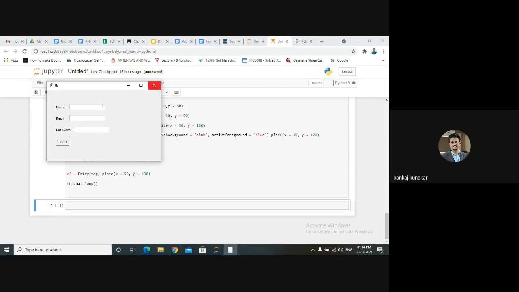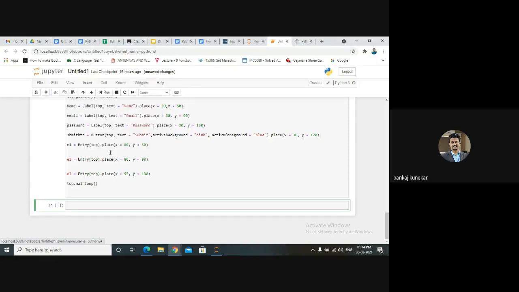This is the entry, we can enter our name also as per our convenience. And this is your label. Name, email and password are labels, and these are non-editable. We can edit over here. So this is the way we can use label and button along with the entry.